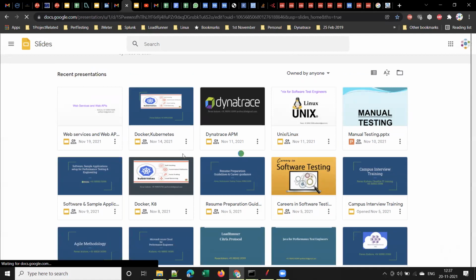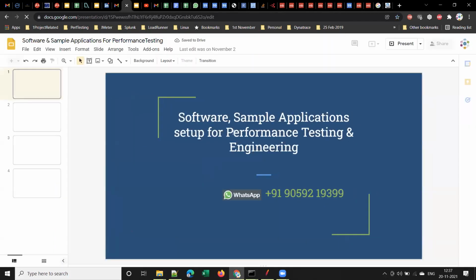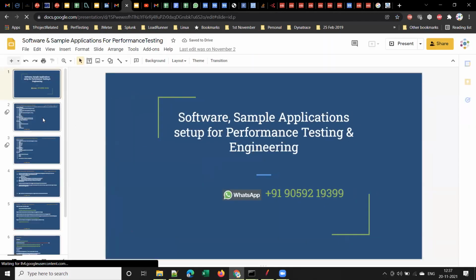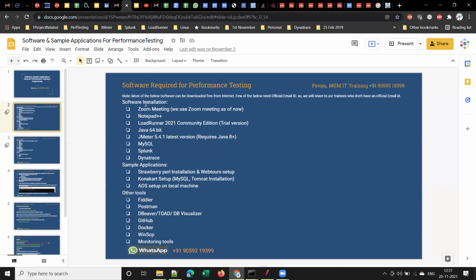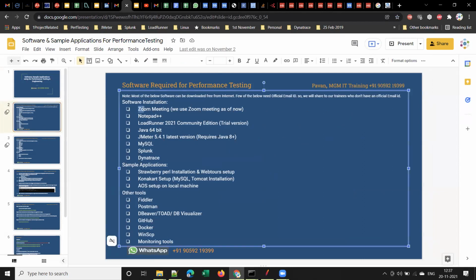These are the list of software required and the sample applications required for performance testing. I'll share this PPT to your email. Everyone should have all this software installed on your machine.